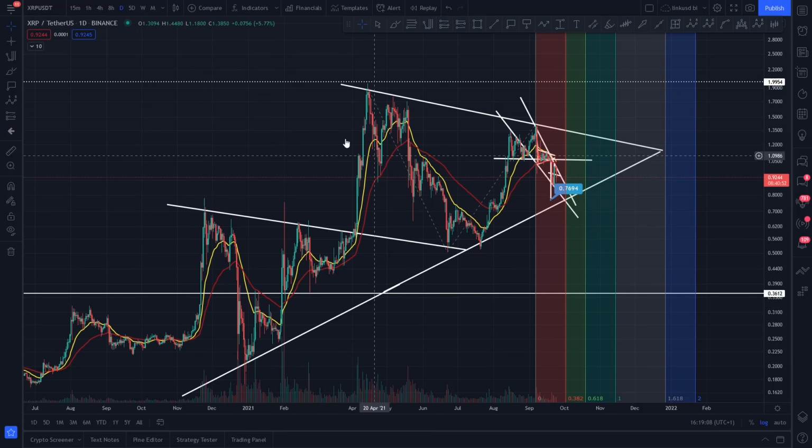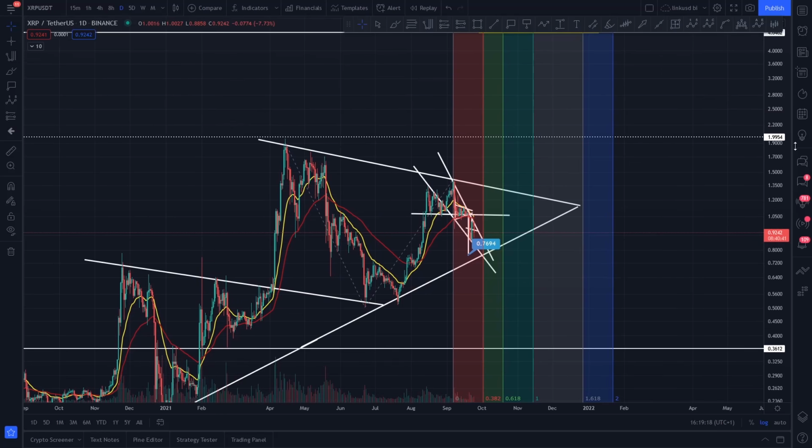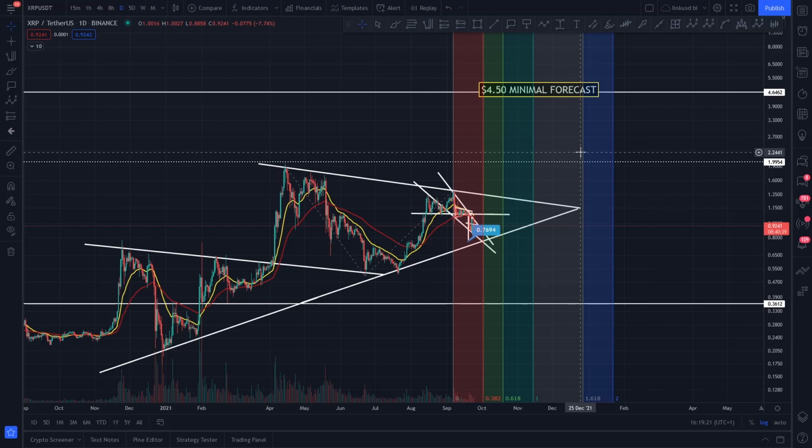that trend-based fib time, where we actually got to this impulsive wave. Once we load out down here, start to low out on the 0.382, start to pick up, we actually got to the impulsive wave just after that blue band, wasn't it? So at the earliest, the absolute earliest you can get to a $4.50 for XRP here is the 27th of